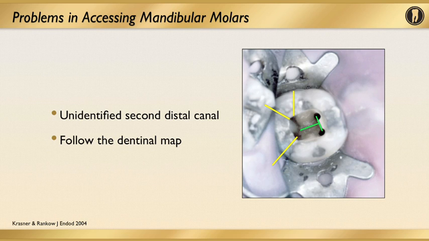If the canals that have been located fall outside of, or in an asymmetrical pattern outside of, the dentinal map, we can be assured that looking on the contralateral side of that canal, we will find the extra canal or the unrealized canal space. Once again, the dentinal map should terminate in the central portion of the canal orifice, and if we see one canal that is asymmetrical to the actual dentinal map, we should look on the contralateral side to identify extra canals so that we don't miss any and that we can be thorough in the treatment of these